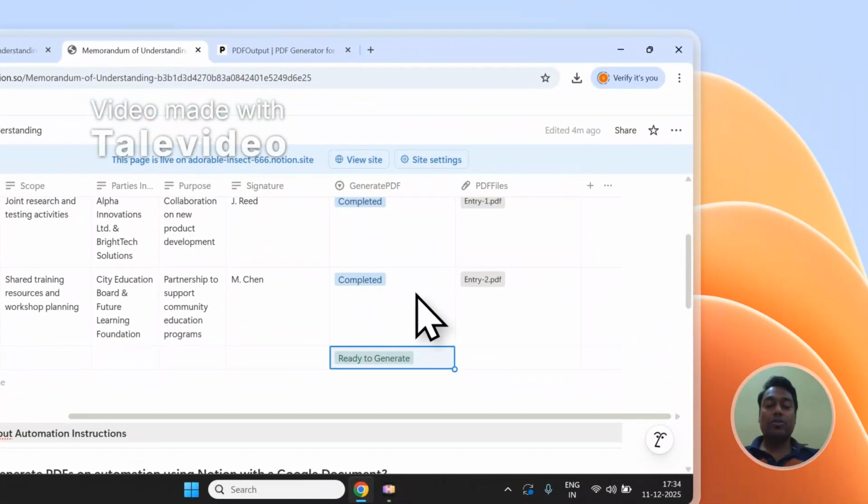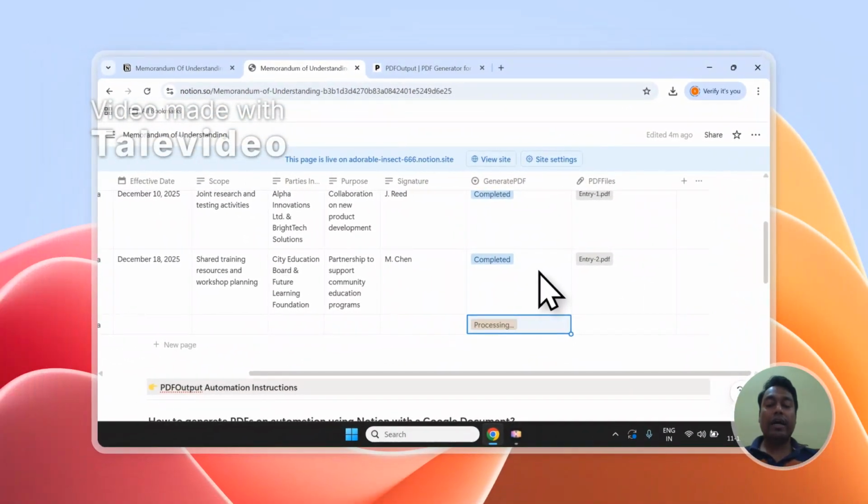Okay. So that was it for the entire demonstration. I hope you start using this tool and generate the PDF. And you can see it has started processing this record and it even converted the same into a PDF file right over inside the database as we were discussing. This is how powerful and easy it is to use PDF